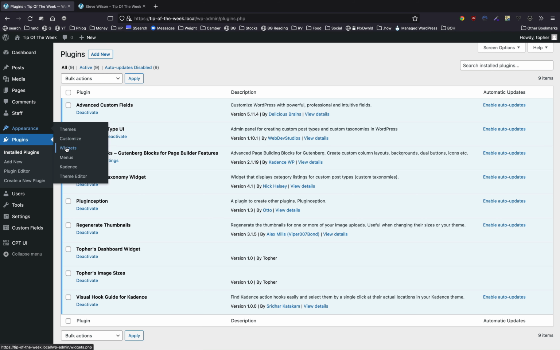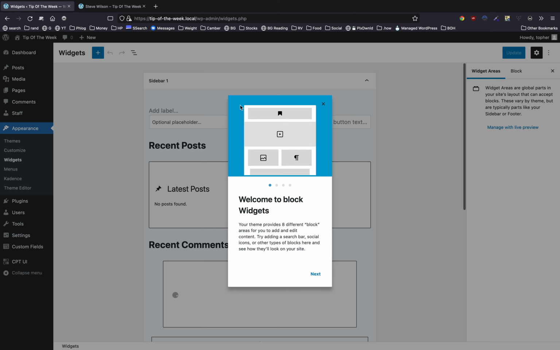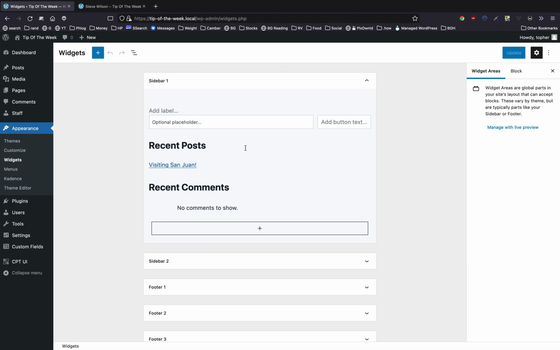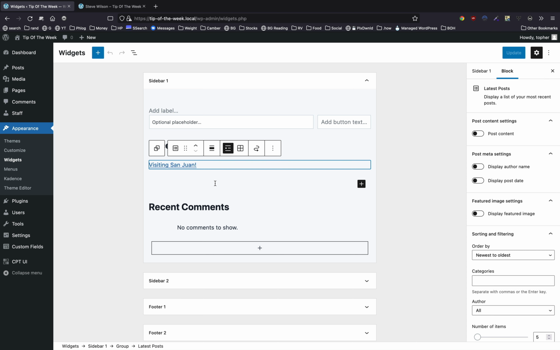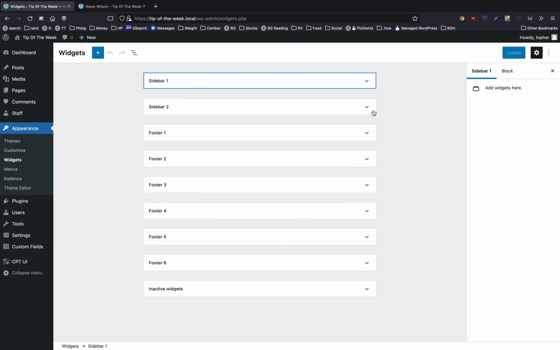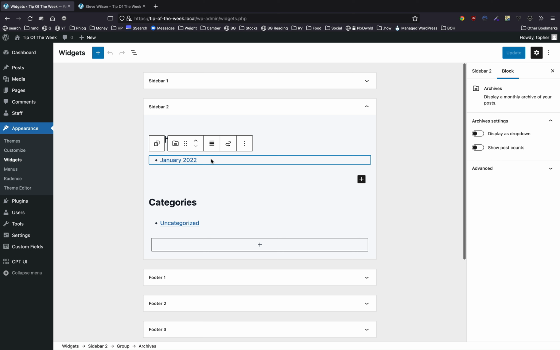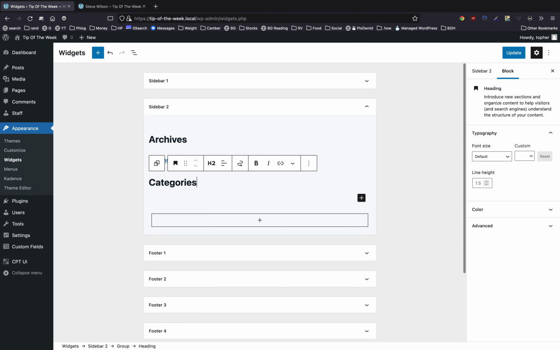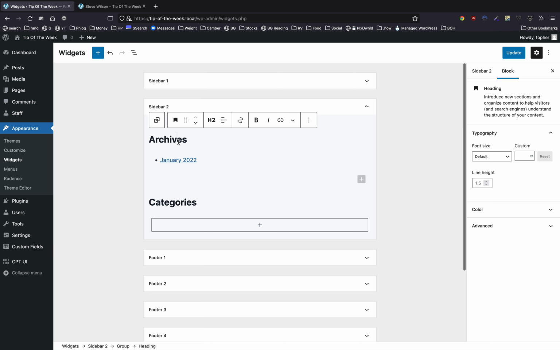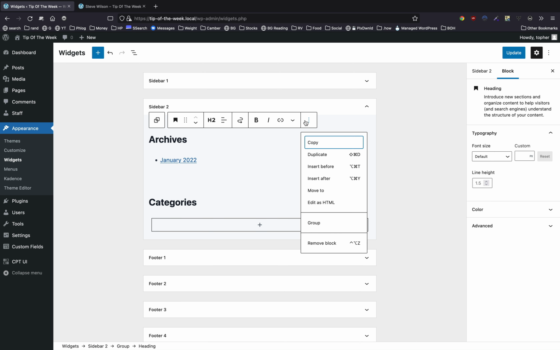So if we go to widgets, this is sidebar 1. We don't want that. Sidebar 2. There's a widget for archives and a widget for categories. So categories would be a taxonomy. But you can't choose locations from that. So I'm actually going to get rid of that. And we'll get rid of archives.